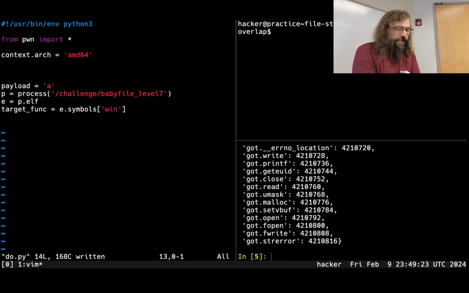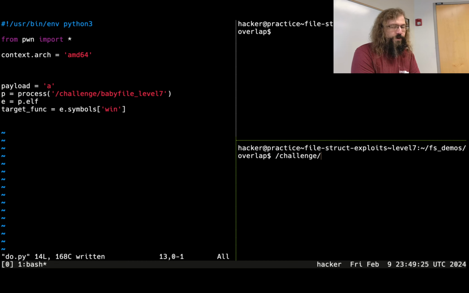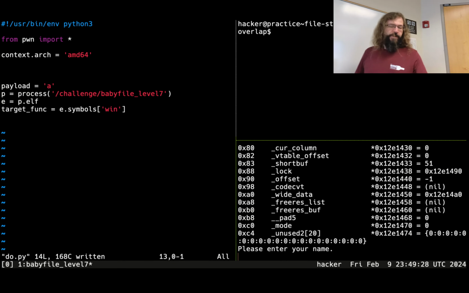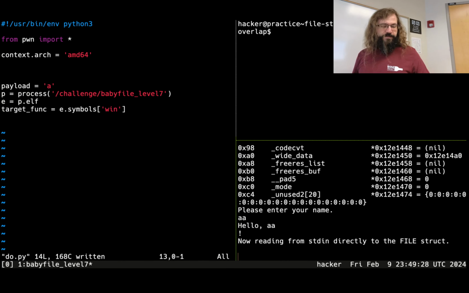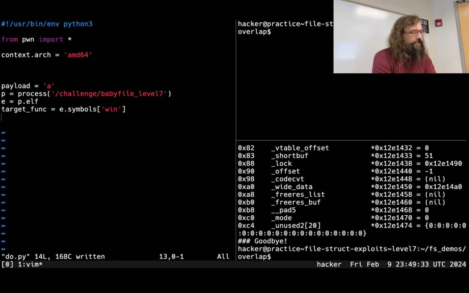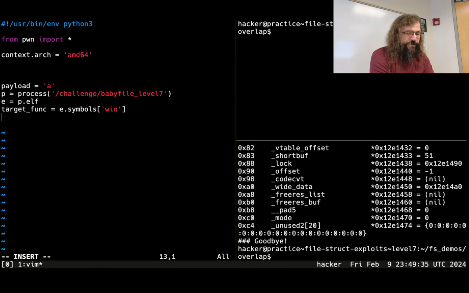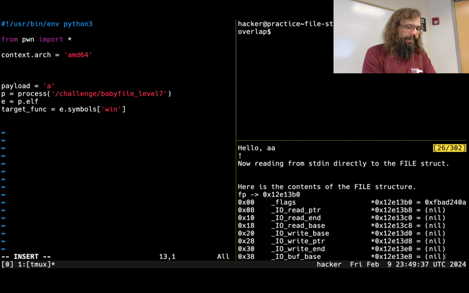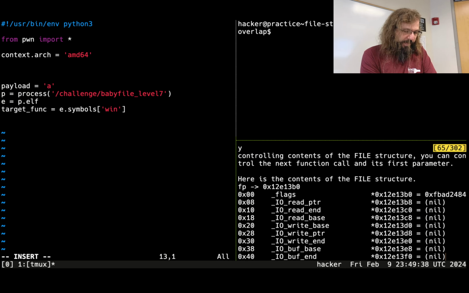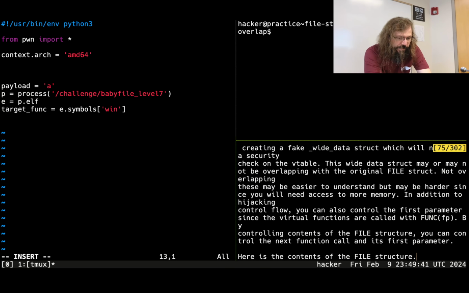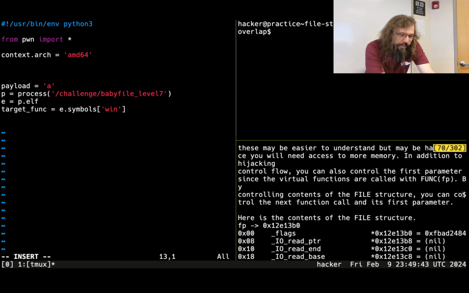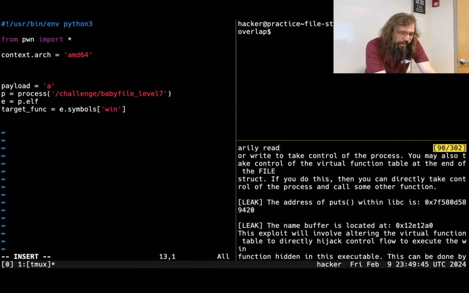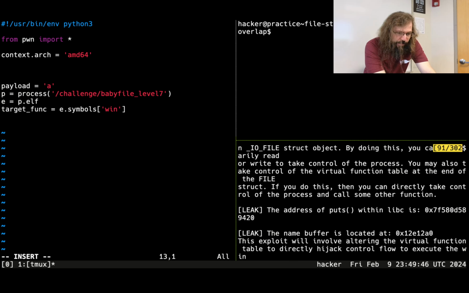What else might I want to do? What else do we know so far here? You said I want a file struct. Okay. So the challenge does output some useful information up here. What does it tell us? There's a puts leak way up at the top. Way up here. Okay. We have